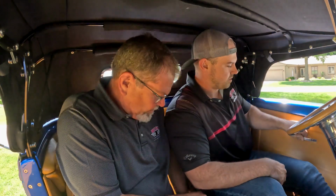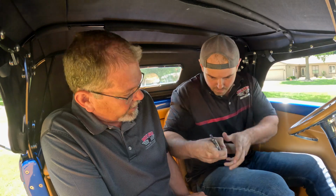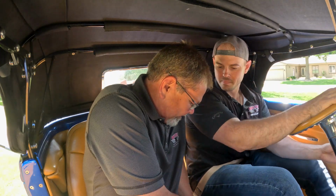Nice, and we got seat belts. Got a lot of things you don't normally have in a street rod. Yeah, and they're nice retractable seat belts too. Sure. Two big guys in a little street rod. But it is a '32, so you've got more room than...